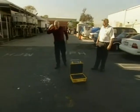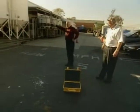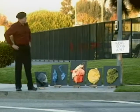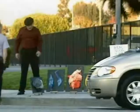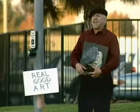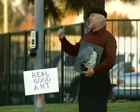How does the saying go? You break it, you buy it. It's okay. I'll take care of it. Hey, real good art here. $5, $10. Best offer. Get your art. Couple of bucks for this one. Hey kids, how about some art? Take home to